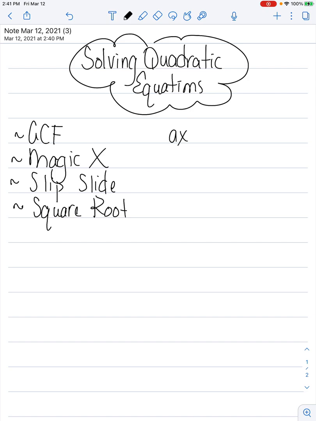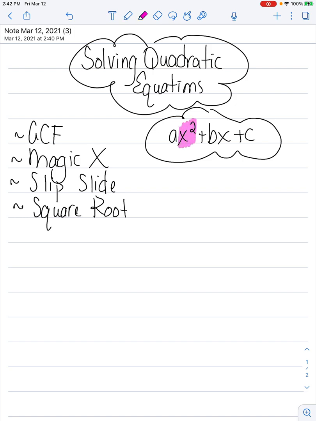Quadratic equations are specifically in the form ax squared plus bx plus c. You're used to that because we've been using that for our magic x. And this right here, the x squared, is the marker of a quadratic equation. So let me add this before we get started. The solutions of a quadratic equation are also called the zeros. That's important to understand because